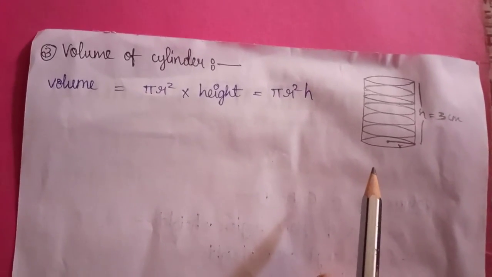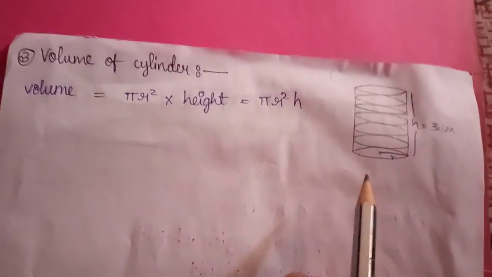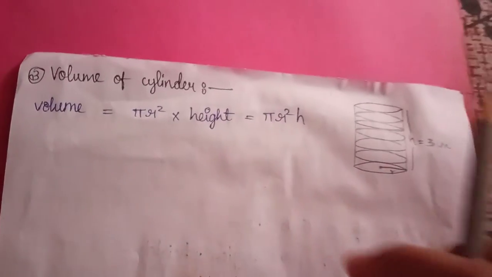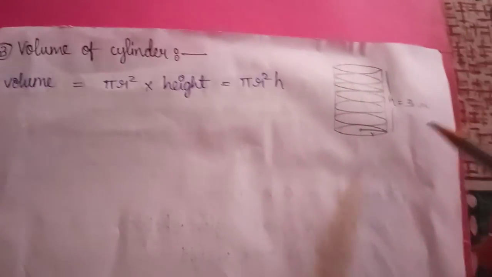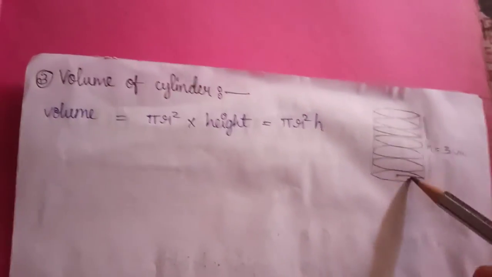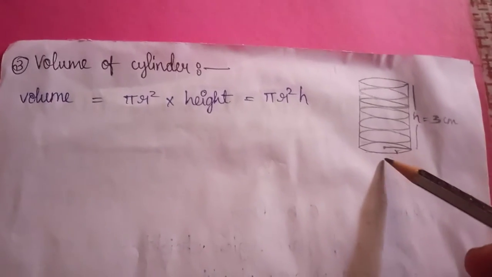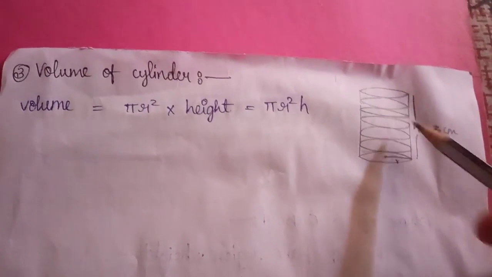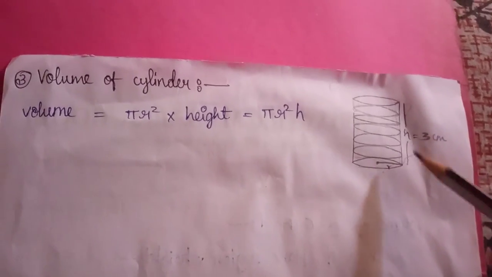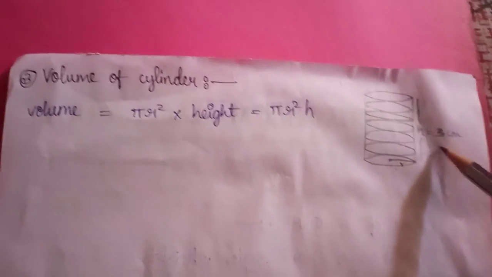Now coming to volume of the cylinder. So here we can take 1 rupee coins or 2 rupee coins. Then we arrange them one by one, and then it will form a cylinder. So this is one coin, and like this we have arranged. When we arrange more coins, it raises the height of the cylinder. So arrangement of coins vertically gives the height of the cylinder.